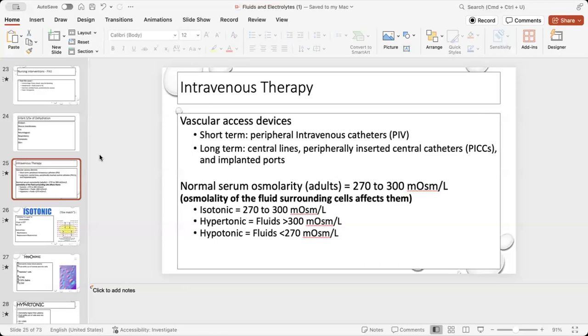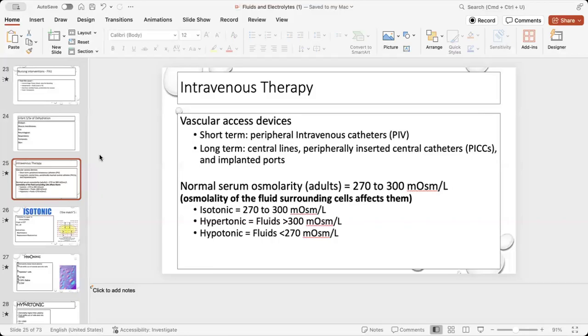How does the central line, the long-term line, differ from the peripheral line? It goes straight to the heart. Where it's placed, right? It's going to sit in the superior vena cava, right to the heart. So be very careful with your dressing changes. It also handles large amounts of fluids. If you have a burn victim who needs a lot of fluids, or TPN, we'll need a central line, okay?